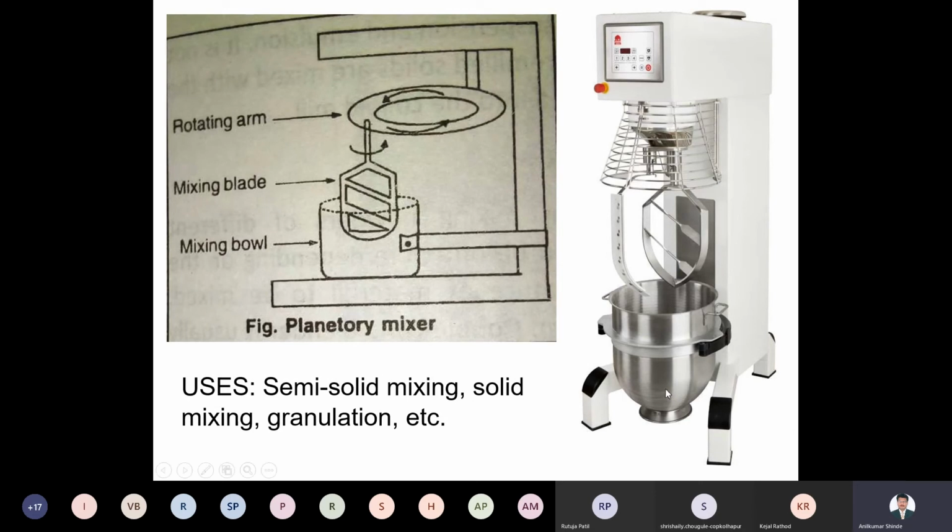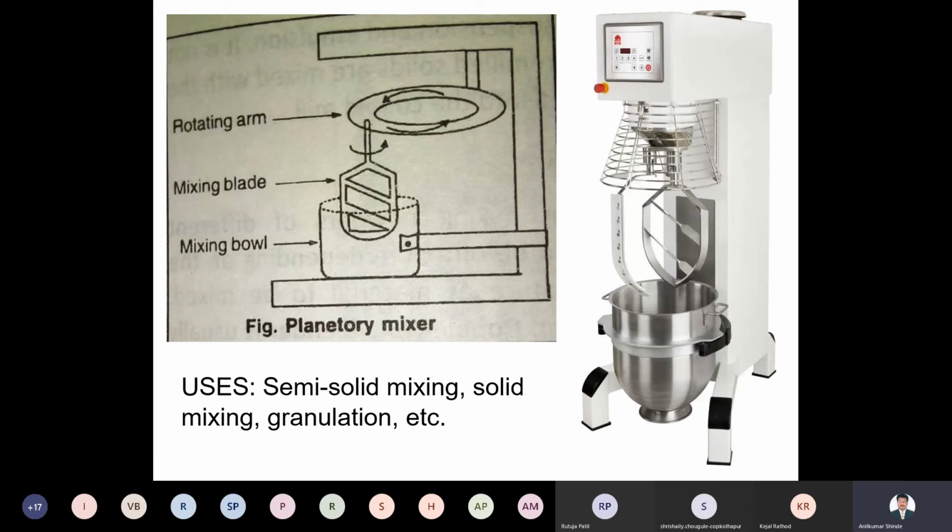This is a bowl, and this is a mixing blade, which is attached with the scraper. The left side is called the scraper. This mixing blade is rotated with planetary gears with the help of the motor. The motor is attached to the mixing blade and rotates it at various speeds. The scraper is used when some material sticks to the side; you can remove it with the scraper.